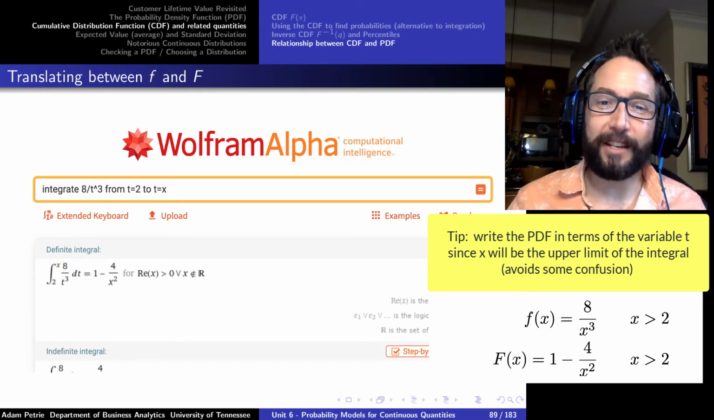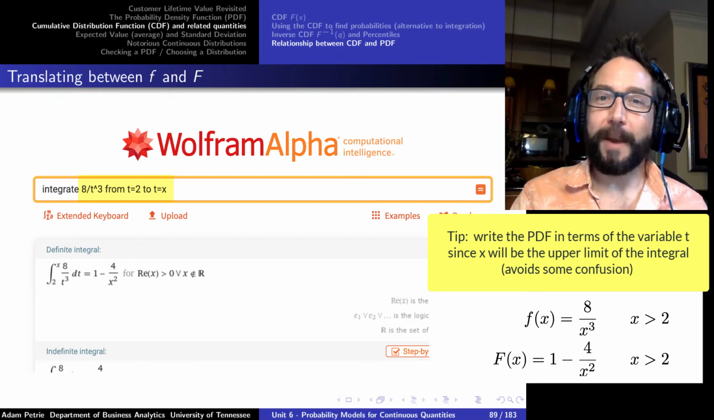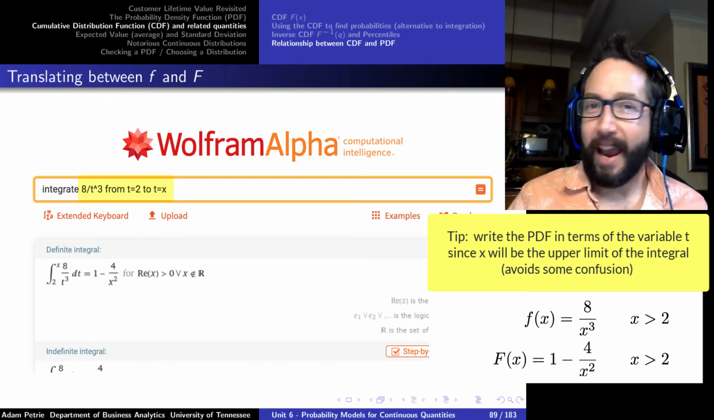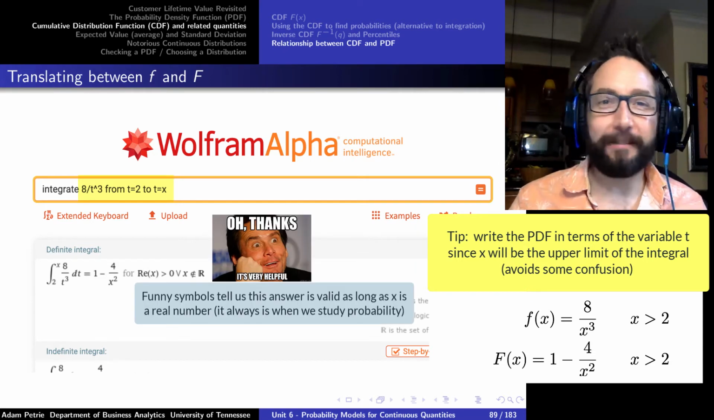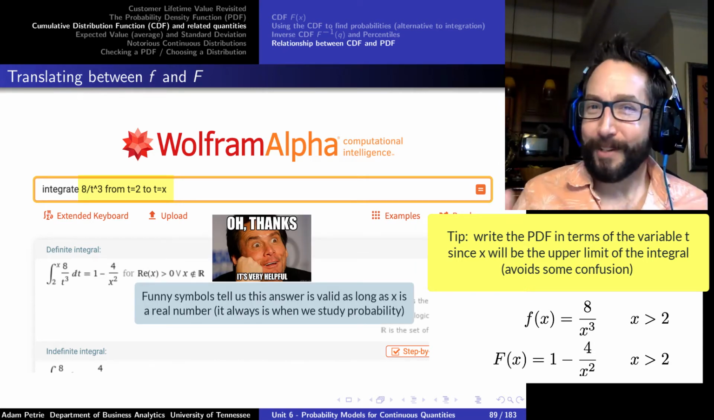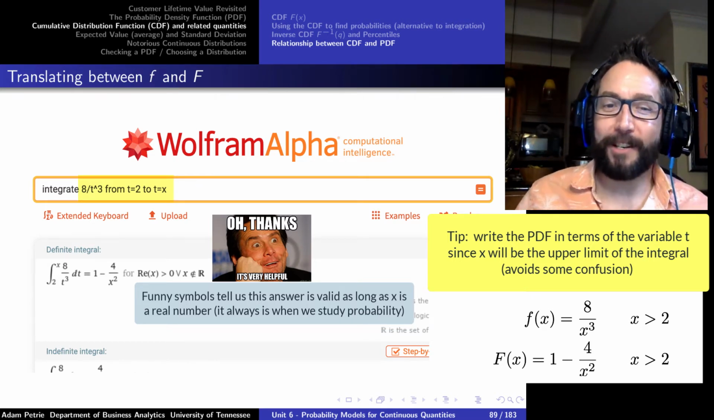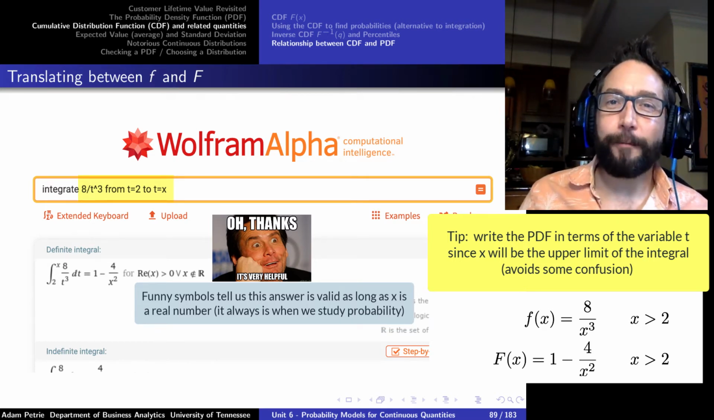So 8 over t cubed dt, throw that into Wolfram Alpha, and out pops the formula for capital F in this case. And true to form, Wolfram Alpha is really written for mathematicians. It's giving us some additional information that we don't really have to care about too much. It's more for the mathematicians, but it's letting us know that this formula, 1 minus 4 over x squared, is